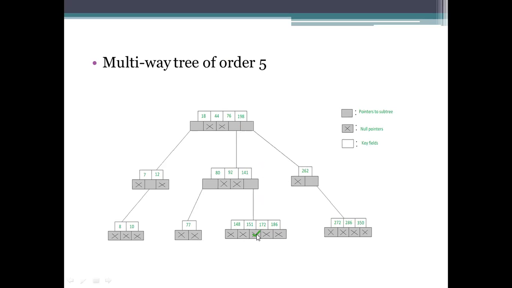So here I need to take one element to be added. The element added here will be 163. For an M-way tree, it has M minus 1 elements and also M representations. One element has to be added, and for that it takes multiple spaces. If you see the first one, 77 is a singular representation, and it has two such representations, meaning two such elements to be processed. Here we need to insert the elements.